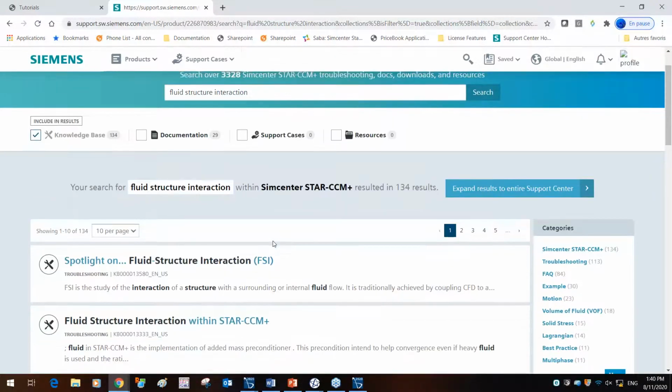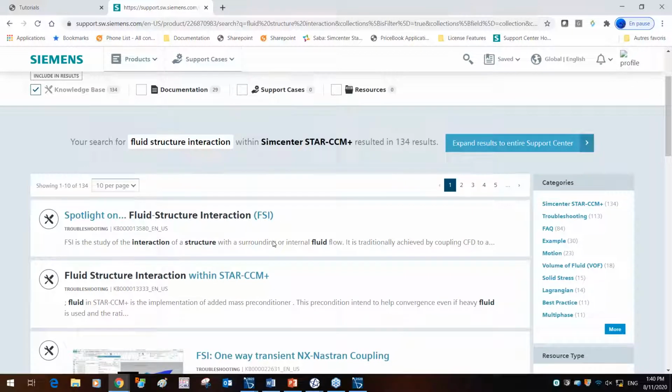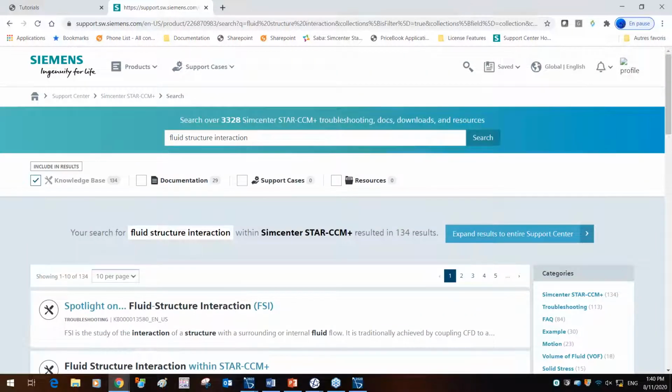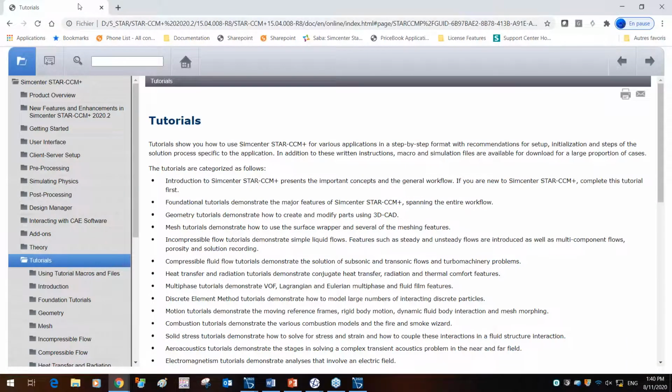But let's say, for example, you cannot find what you want in the support center. Please don't hesitate to email me. I will provide you my emails in terms of questions and concerns. We can set up one-to-one sessions just to make sure that everyone gets to use the tool smoothly and efficiently.